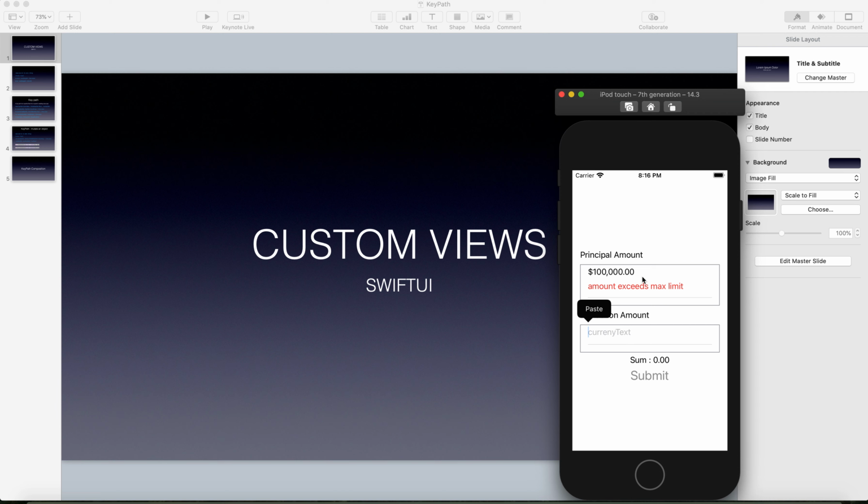One is to edit the principal amount, and another is to edit the deduction amount. So I set it as 10,000 and 100,000, and a cell limit, and that can have a maximum, and this deduction amount can be